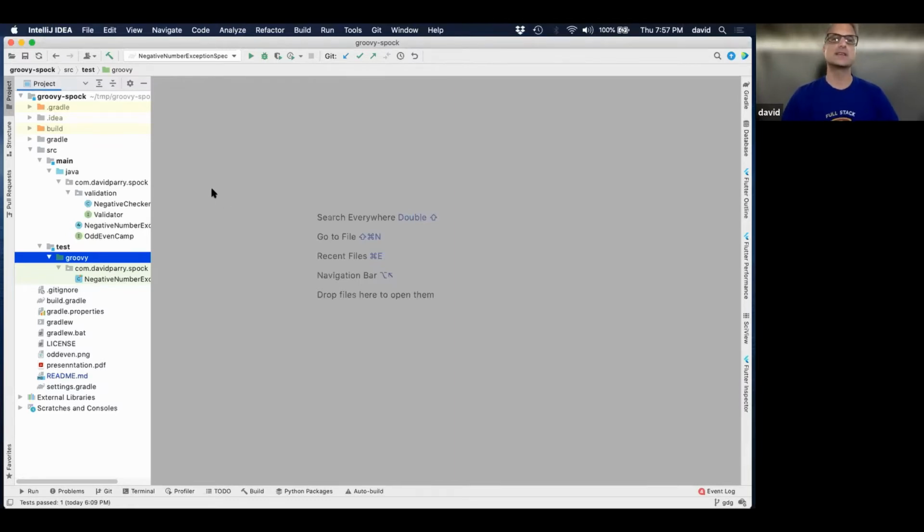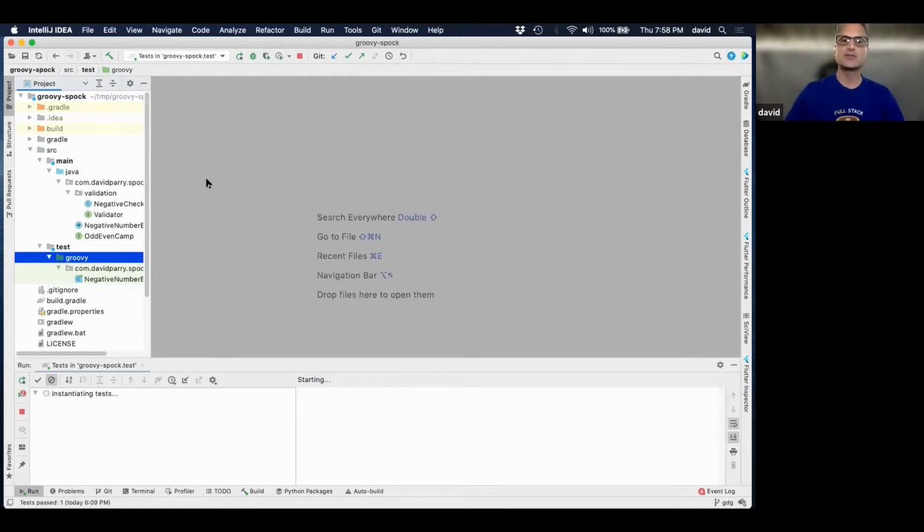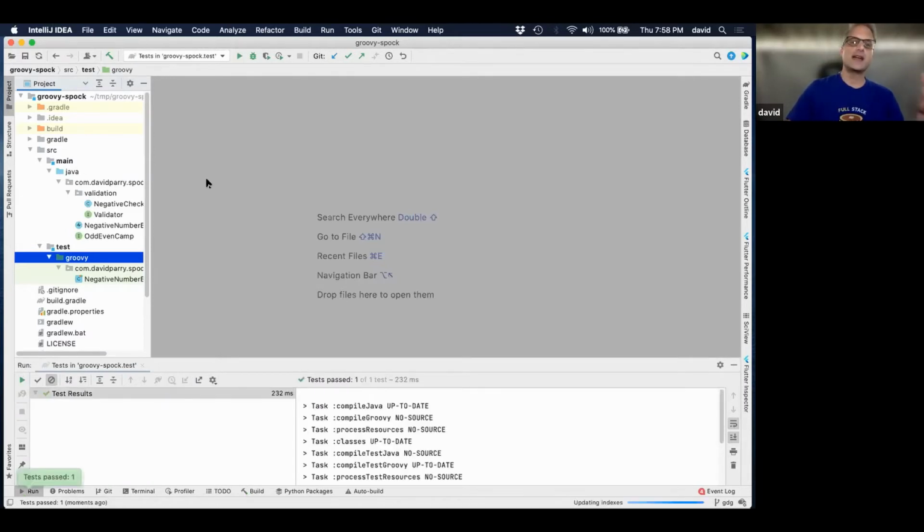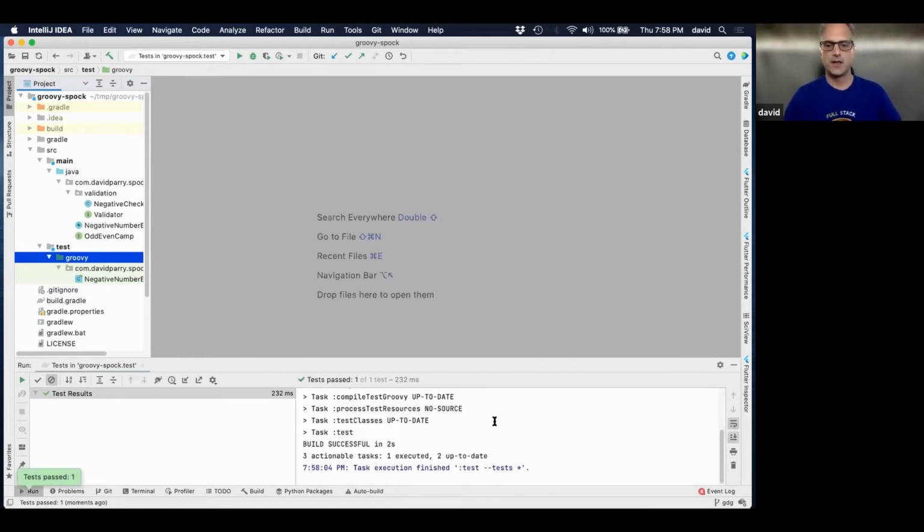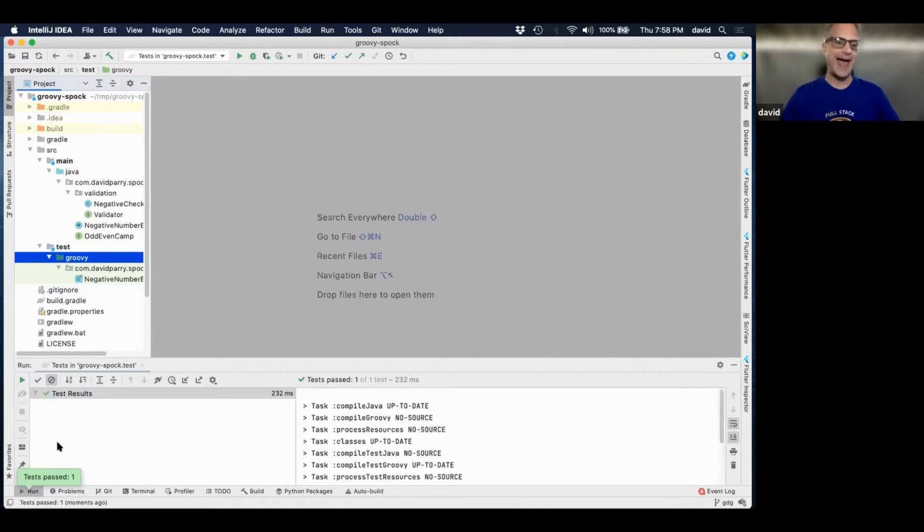As everyone can see, my IDE is just IntelliJ. The first thing that I'm going to do is run the tests, so I'm going to see where we're at right now. As you can see, Spock is in that Sputnik runner, so it looks like JUnit to the IDE. There is a little bit of added benefit here.